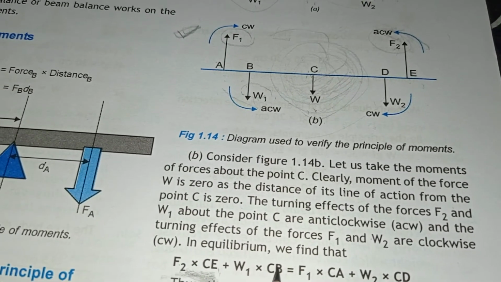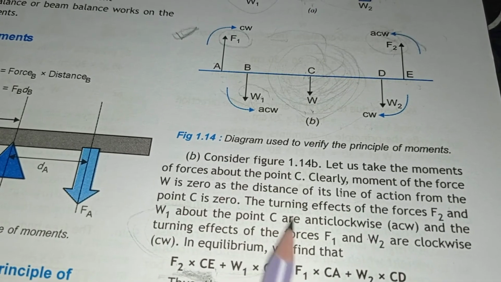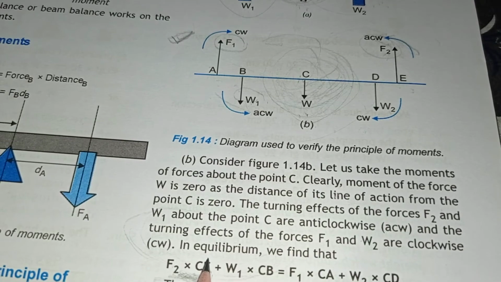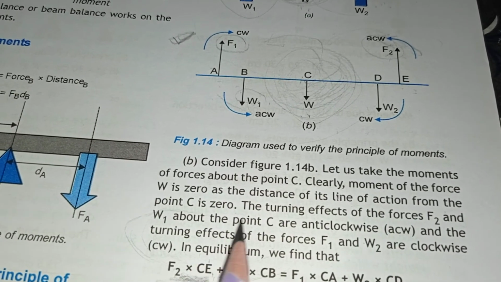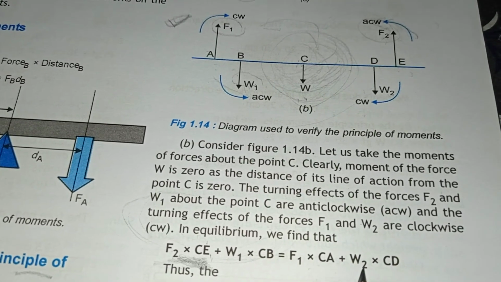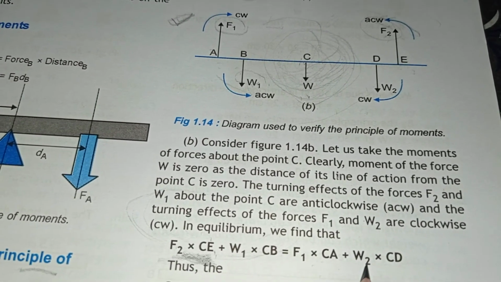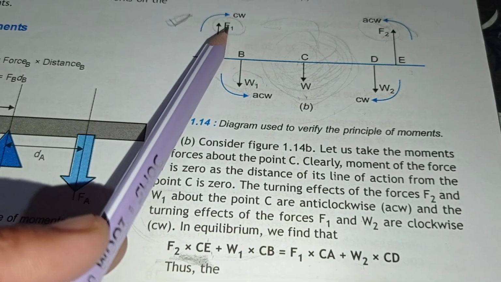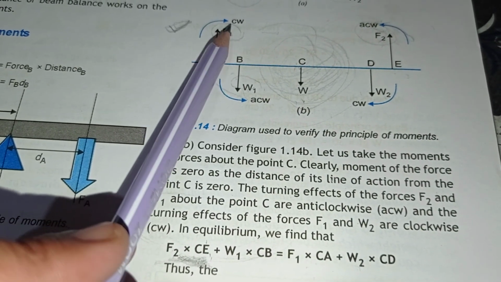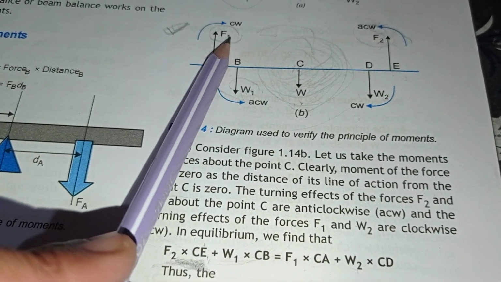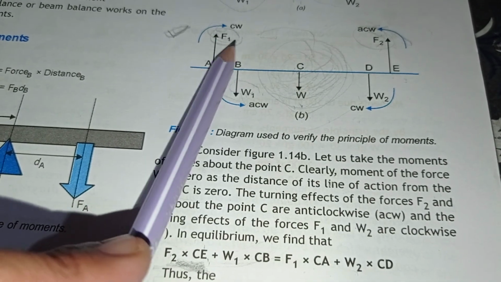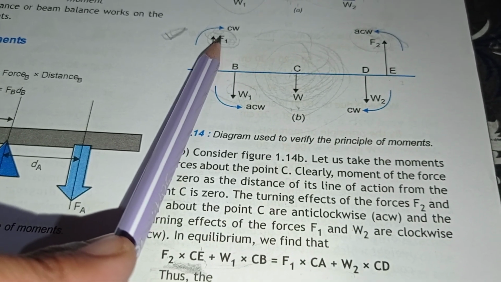On the left hand side there are the moments of forces which have a turning effect in the anti-clockwise direction. On the right hand side we will write the forces which have a turning effect in the clockwise direction. Write the moment of force F1. What will be the moment of force F1? Multiply F1 with its perpendicular distance from the center of